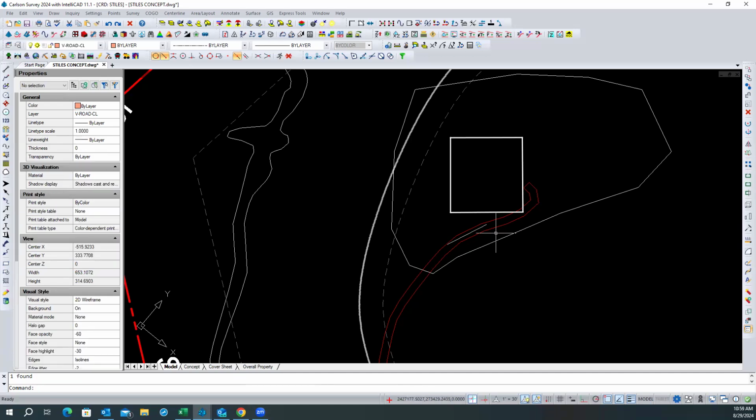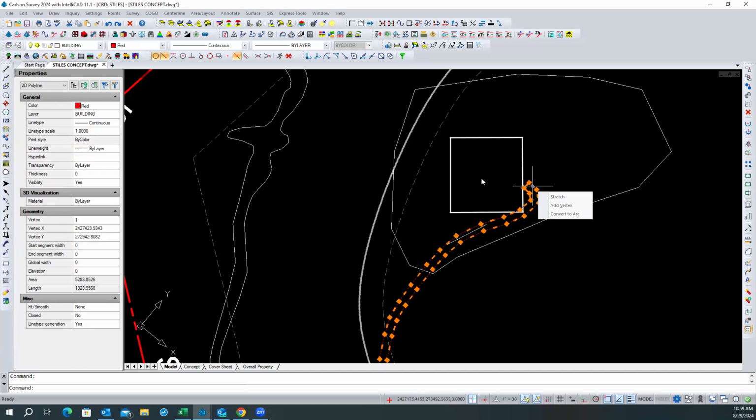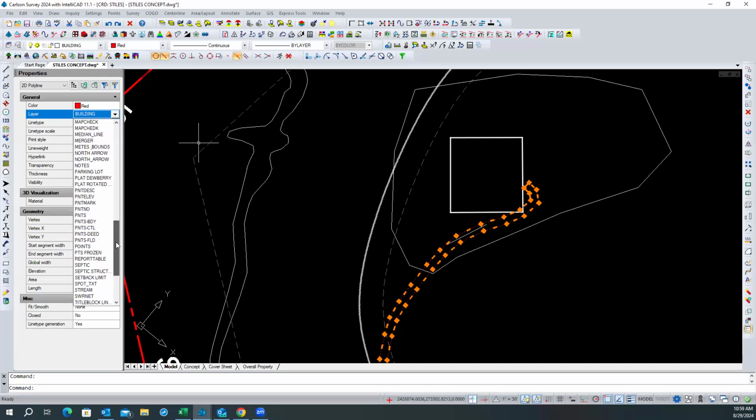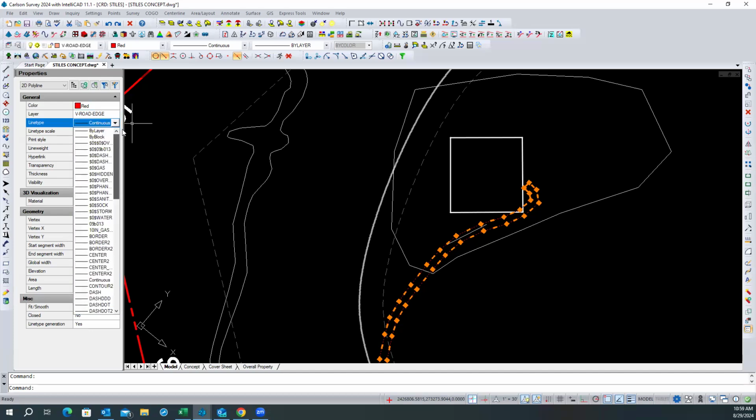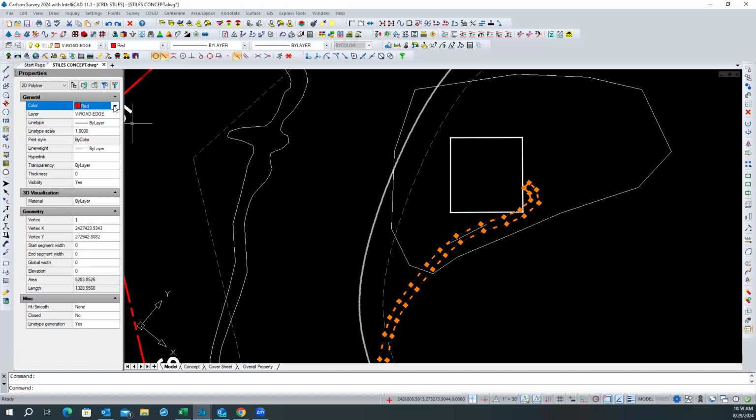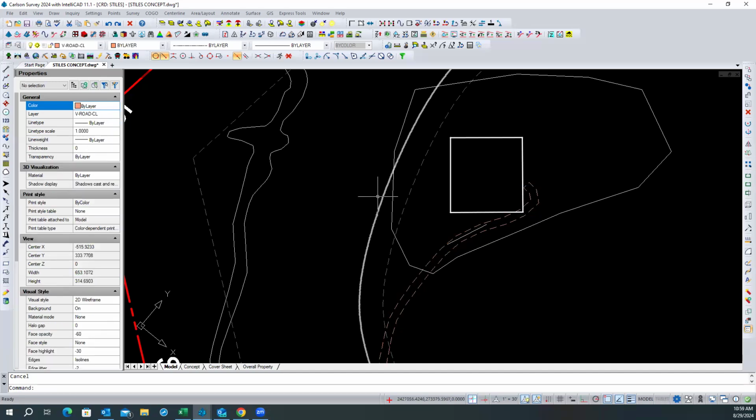I just set up the levels for the existing. So we need to change this and put this on the road edge, all right? Okay. And it is a line type of layer and a color of layer and a weight of layer. Okay, so now that's going to be